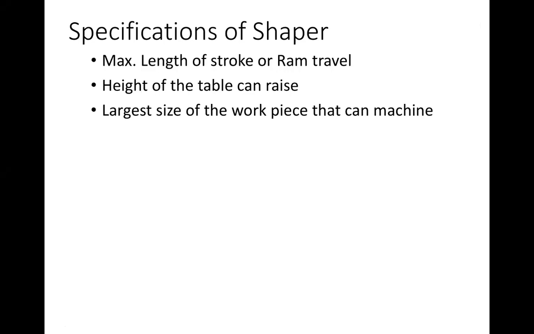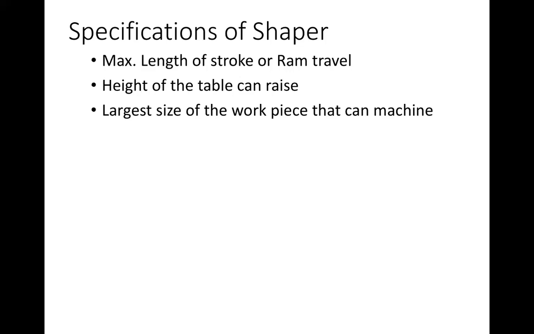Whenever you are buying or want to use anything, first you want to know the specification of the machine. Even with a mobile, if you're buying one, you'll see what the speed is, what the RAM is, and what the size of the display is. All these things you will see, right? That is called a specification. Similarly, when you're buying a machine, you need to know its specification. Then only can you buy from the market.